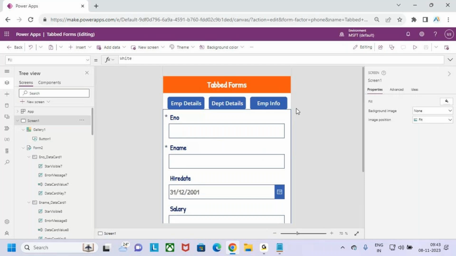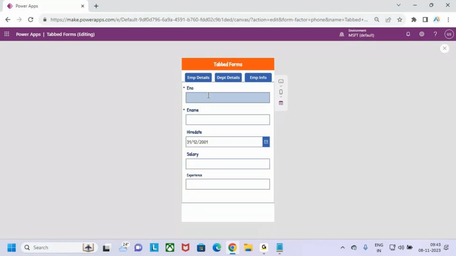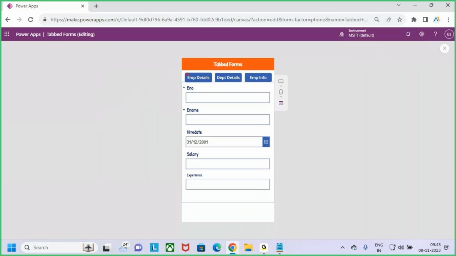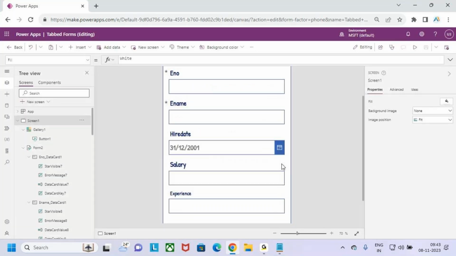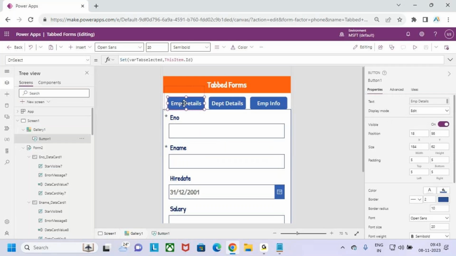And also see here, guys, when I click on any tab, let's say I'm clicking on EMP details. Now when I click on the EMP details, only EMP details needs to be highlighted. The remaining two tabs need to be grayed out. Which tab I selected, that tab I need to highlight. The remaining two tabs I need to keep in gray color. So in order to perform it,